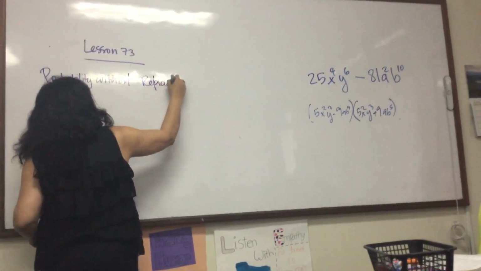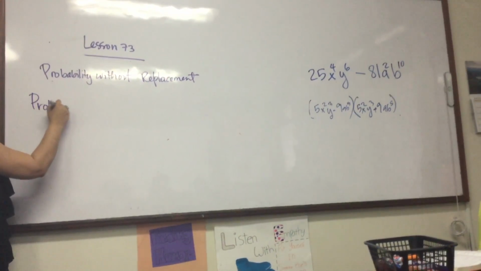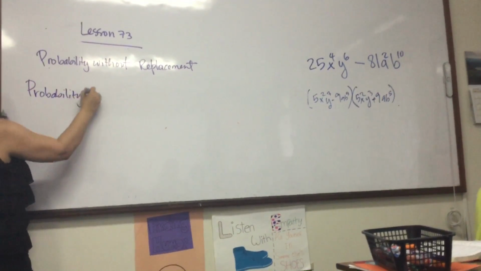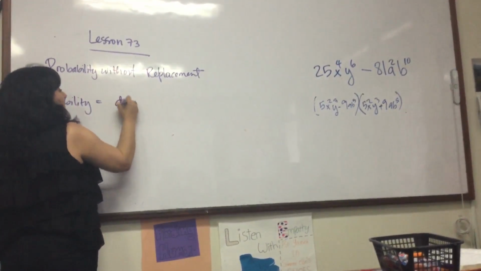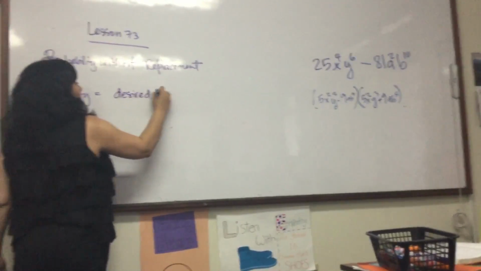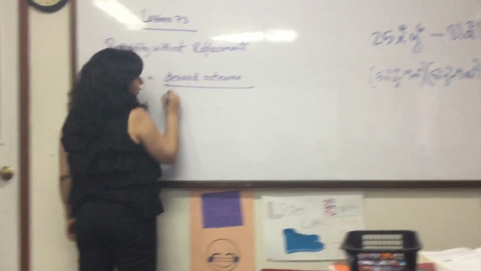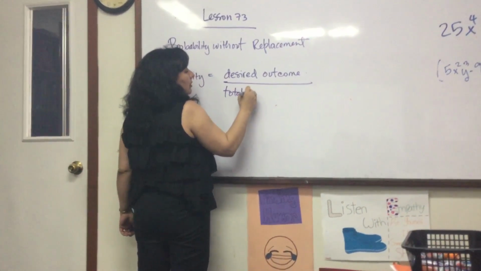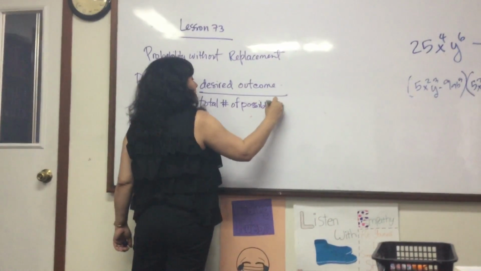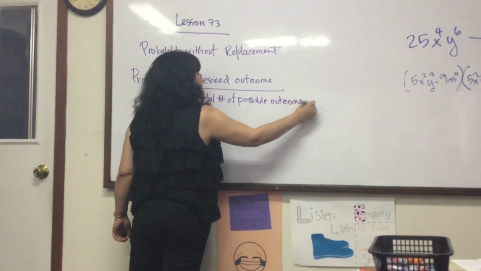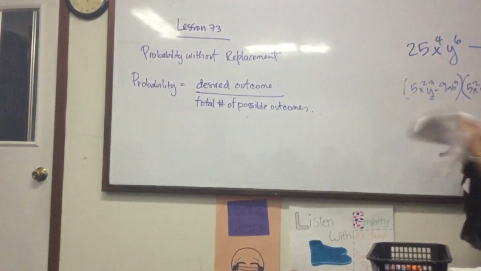Remind me again what probability is in general. Probability is the desired outcome over the total of possible outcomes. Very good. The desired outcome over the total number of possible outcomes. Okay, now, keeping this in mind, we're going to look at